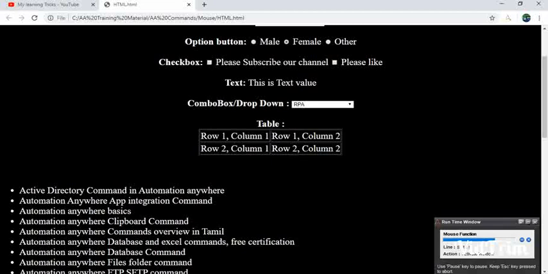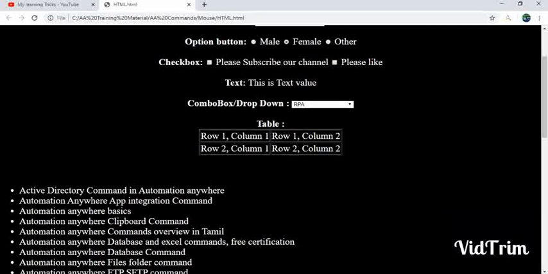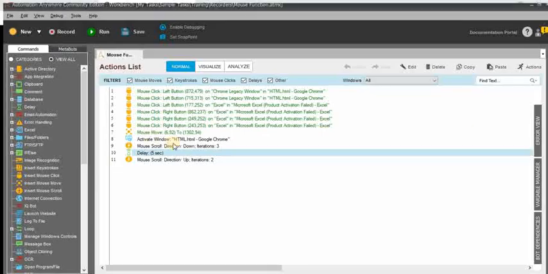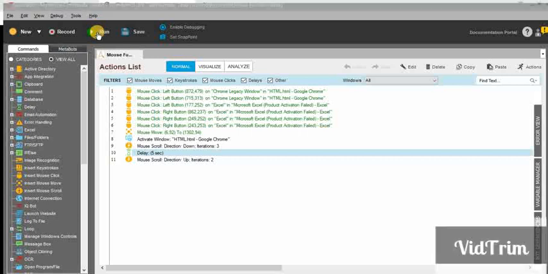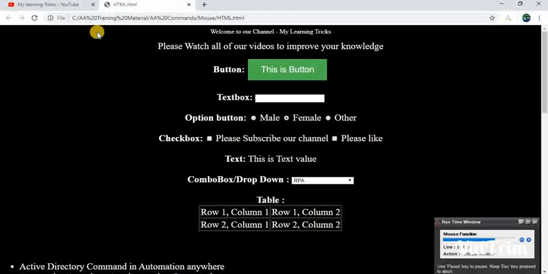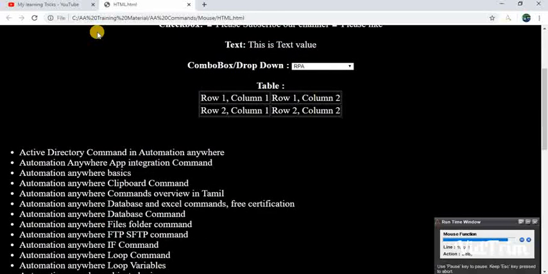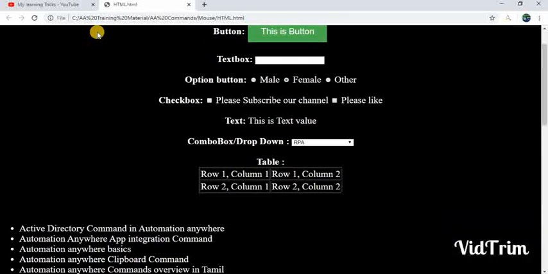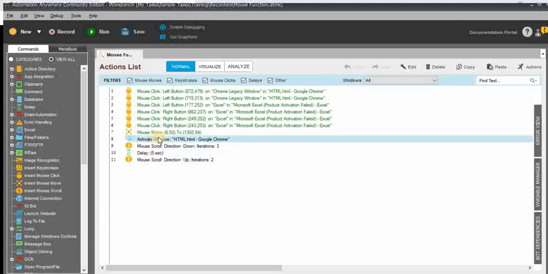For these functions we cannot use the delay function. Here you can see the runtime has been started. Perfect. What happened is, I was not at the top of the web page, so it got confused. Now you can see it delays for 5 seconds. After that it scrolls up 2 times. So everything is completed.